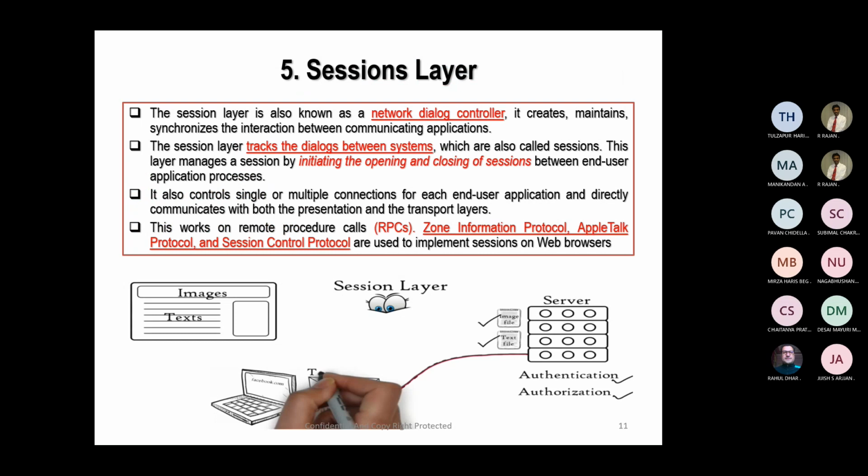Now, in the session layer, when the data has reached the session layer, it performs two important activities. You have to see one, authentication, the other one, authorization. Now, authentication and authorization means you have to look at the person who is seeking the data, or seeking the permission for sending data from one person to another person, or one entity to another entity, or one object to another object. You need to look for one: is that person unique? Which means every person needs to have a unique ID. The unique ID is very specific to the organization.